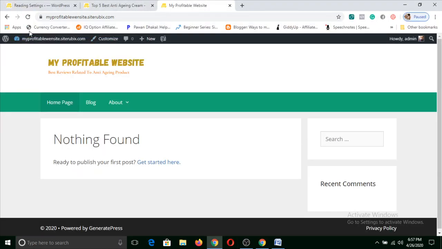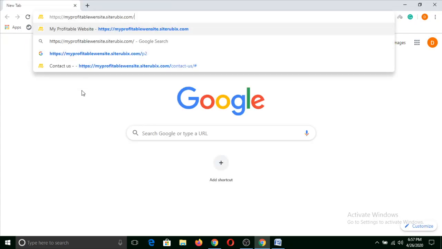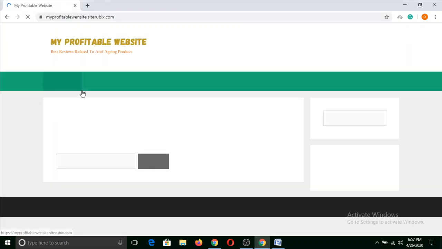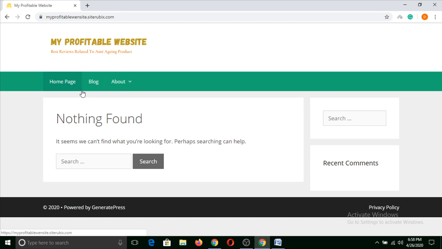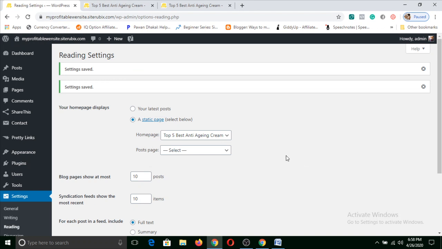So let's wait and see what's going on. So here you can see I can copy it and then I can paste it here. So let me check it. This should not be like that.